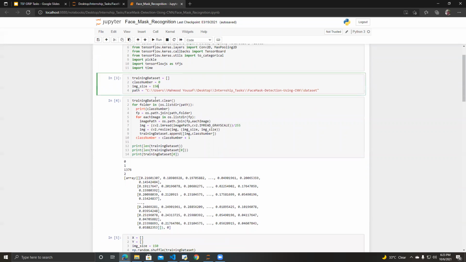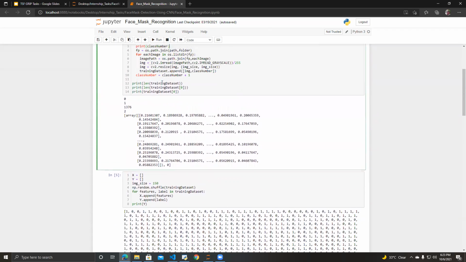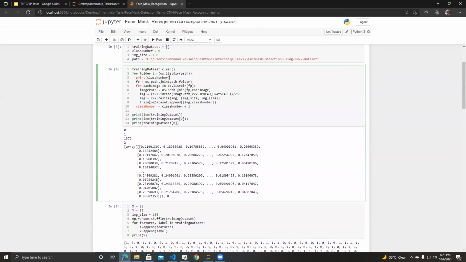In the next step, we are loading our data from our path, and similarly here we are assigning labels 0 and 1, and we have 1376 items for our training.